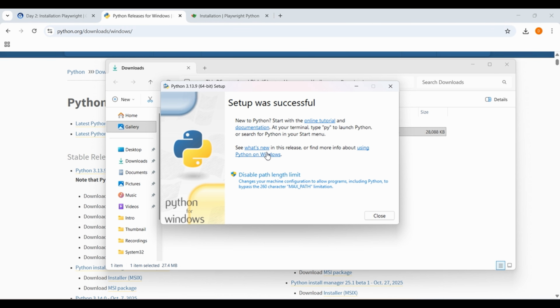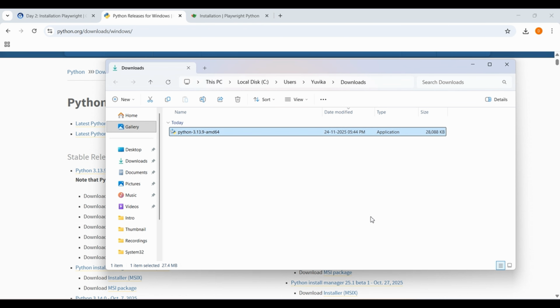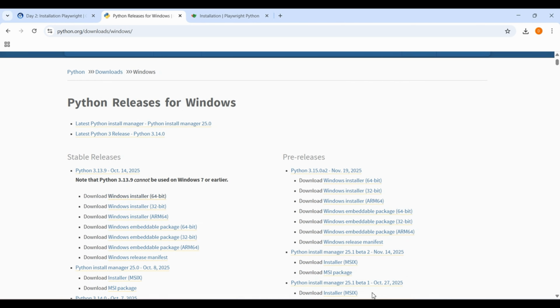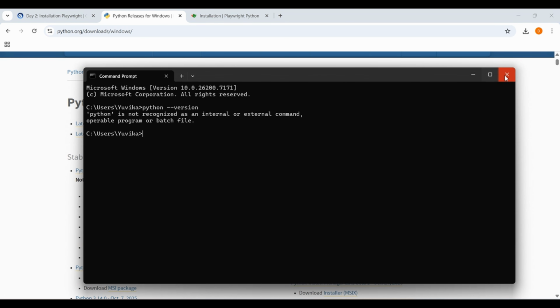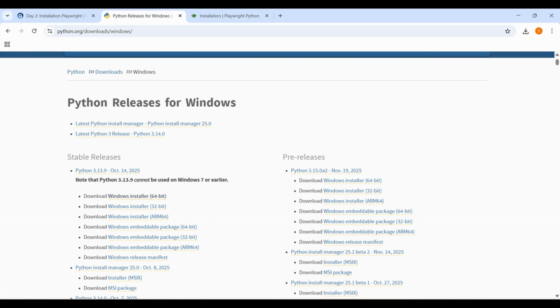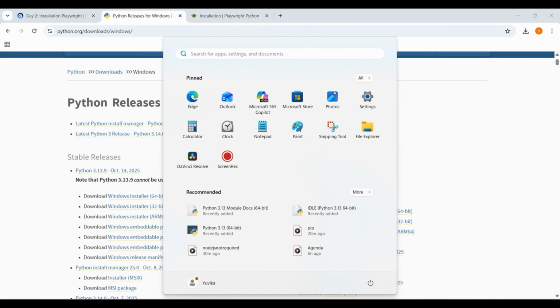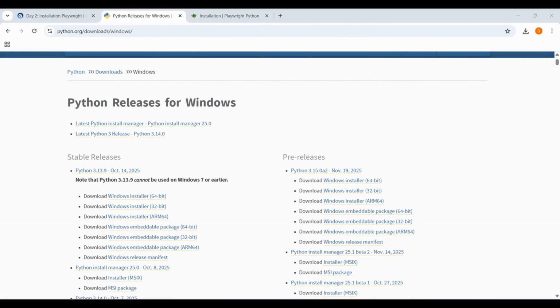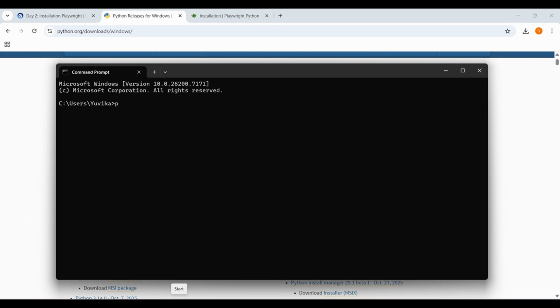Yeah, all right. So Python is successfully installed now. I will close this window. Once the installation is completed, you just close the existing opened terminal, because if you give python hyphen version, it will not be recognized. You need to restart the terminal once Python is installed, and again hit CMD to open the terminal. Once the terminal is open, now you can type python hyphen version, and it will give you the Python version. See,